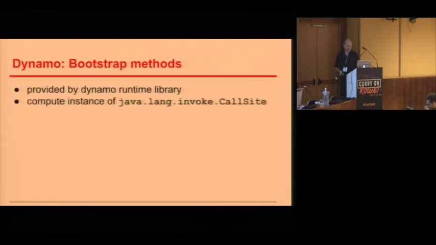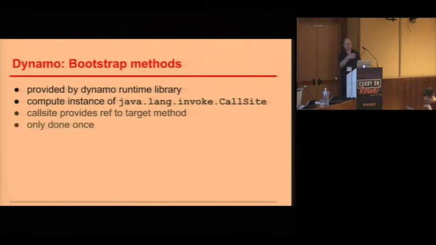The Bootstrap methods are now the third component. At runtime, of course, you have to resolve the Bootstrap methods, and you have to recreate some of the logic that is usually done during compile time. The functionality is provided by a little runtime component we have written, and that uses the Bootstrap methods to compute instances of a Java class called CallSite, and the CallSite then produces method handles, which are references to the actual target methods. And that is only done once, and this entire chain is set up in a way that most of the JVM optimizations are still available. So Invokedynamic is nowadays very, very fast. That was one of the advantages of choosing it in the first place.